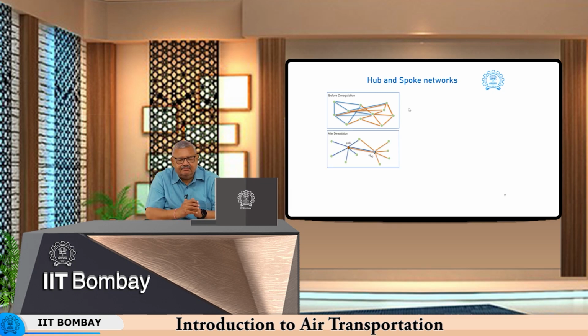After deregulation, most airlines slowly converged into this particular model, which is commonly referred to as the hub and spoke model. In the hub and spoke model, as you can see in the figure below, there are two hub airports shown in the red dot and in the blue dot. All the other airports shown in the green dots here are the spokes which are feeding traffic to the hubs,